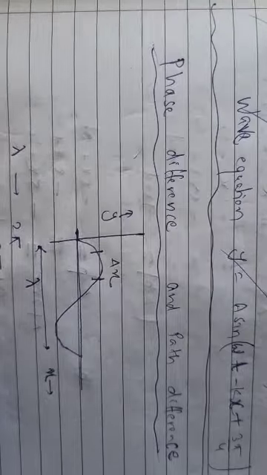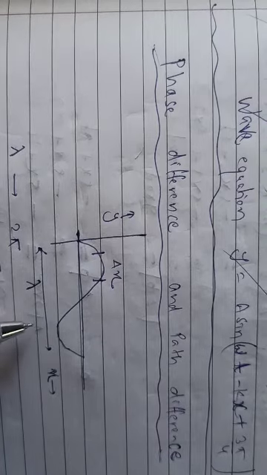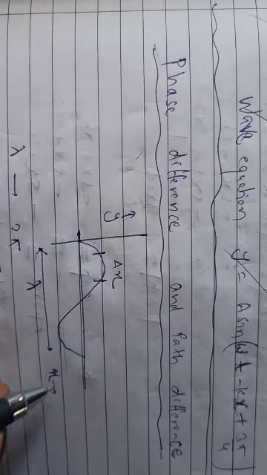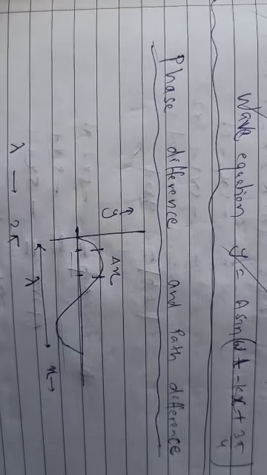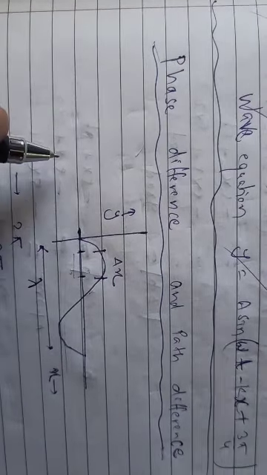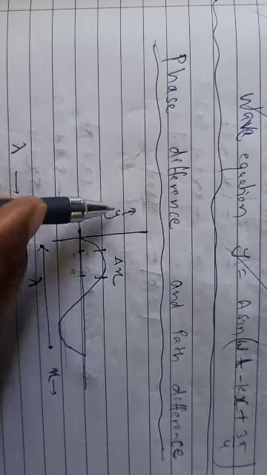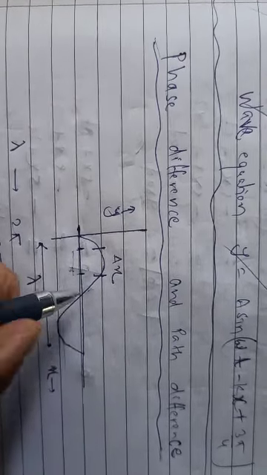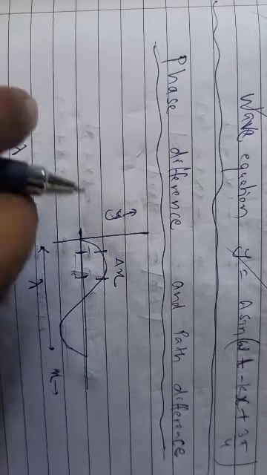Okay, so how is this phase related with the displacement? Suppose a wave has traveled some x distance, delta x distance. Okay, these are the 2 points separated by delta x, not the phase delta x. This is a graph between y and x. X is the position of different particles in the wave. Suppose these are the 2 points separated by delta x, but this curve will be given in terms of angle, isn't it?